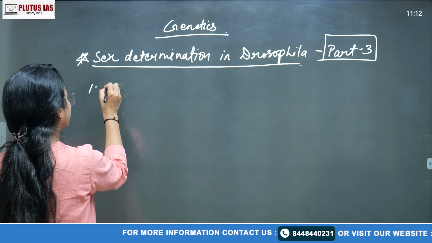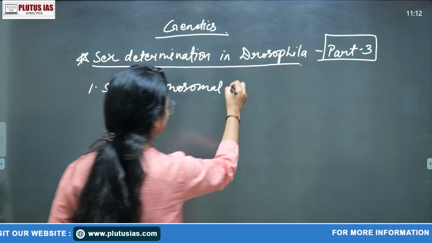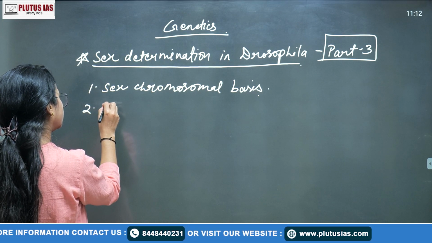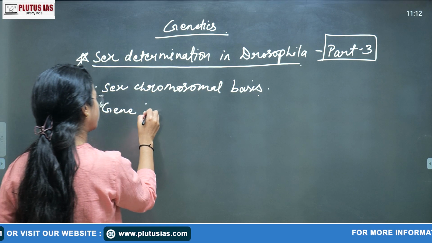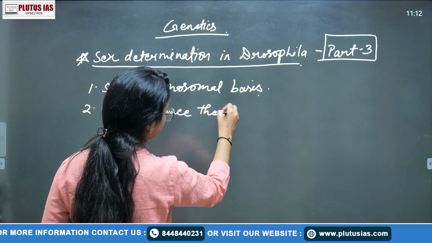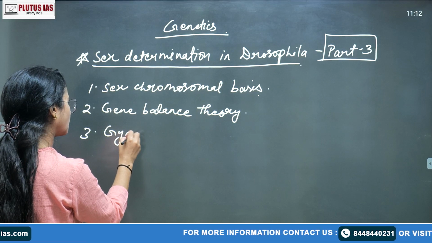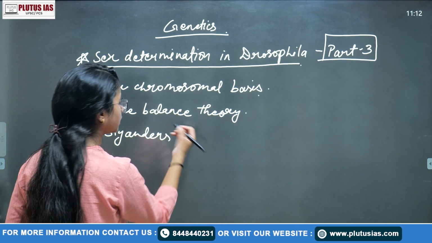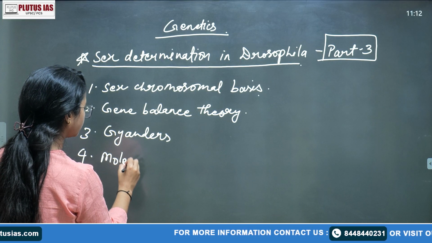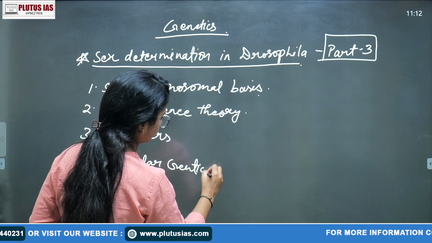The first is the sex chromosomal basis, the second is the gene balance theory, the third is gynanders or gynandromorphs, and the fourth is the molecular genetic theory,